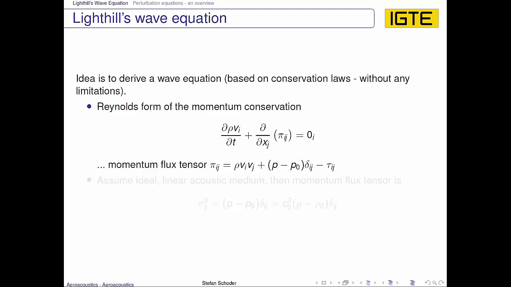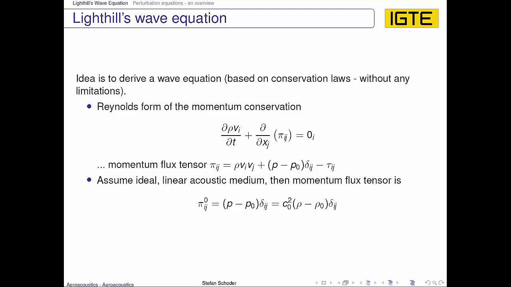We use, or Lighthill used there, the Reynolds form of the momentum equation. So here we have the momentum conservation in Reynolds form with the momentum flux tensor, this pi tensor there, which is simply the following. If we assume an ideal linear acoustic medium, then the momentum flux tensor is simply the contribution due to the pressure,